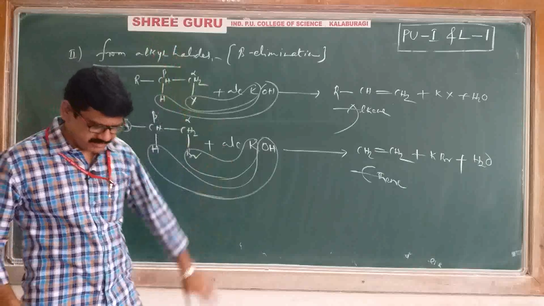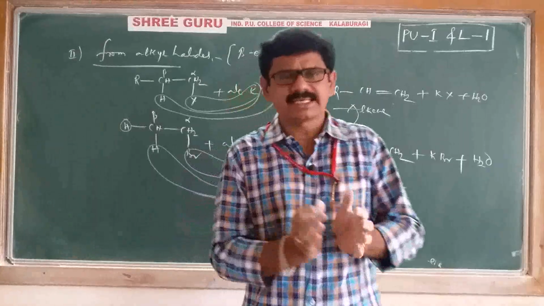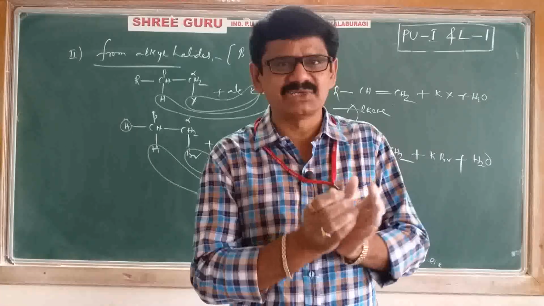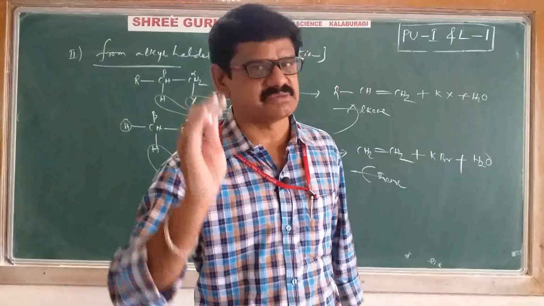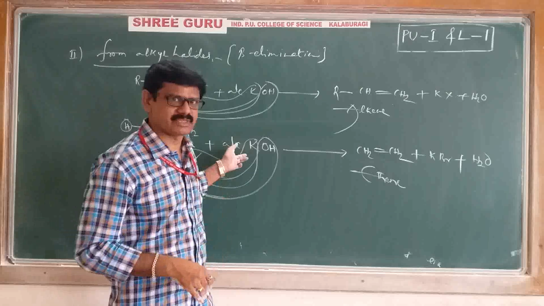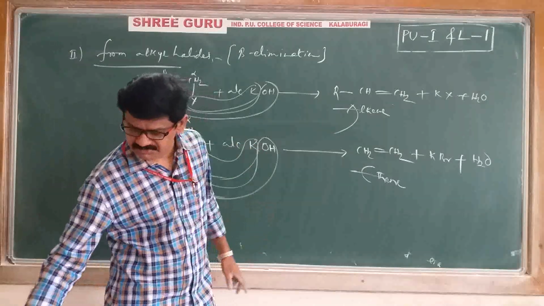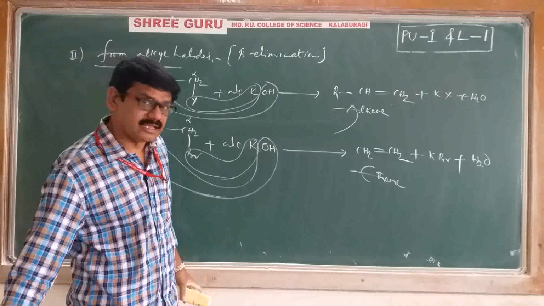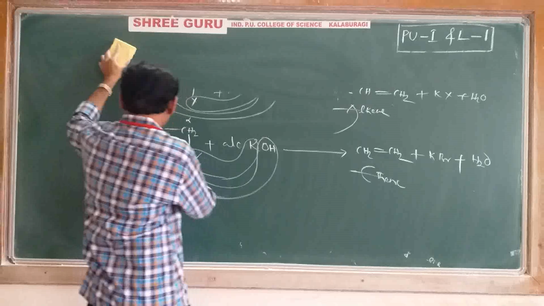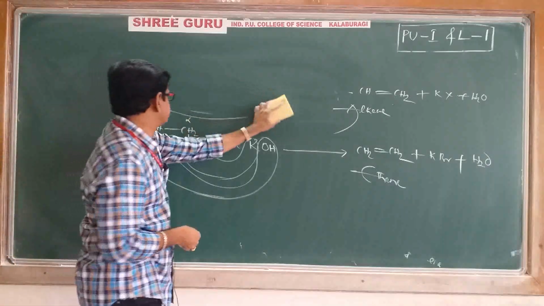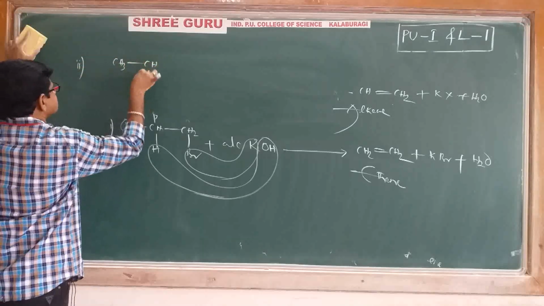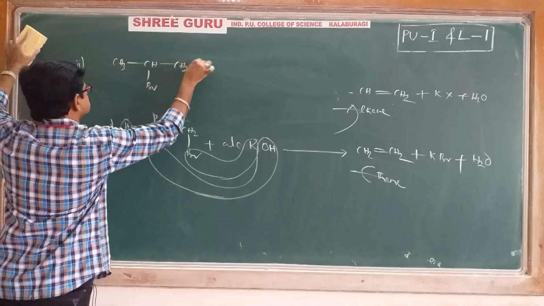That's why, in the second method, we are getting alkenes from alkyl halides by just reacting with alcoholic potassium hydroxide. In the first example, we are not facing any problem. But I will give you one more example, and let's see what problem arises. Second example we will take CH3, CH, Br, CH2, CH3.